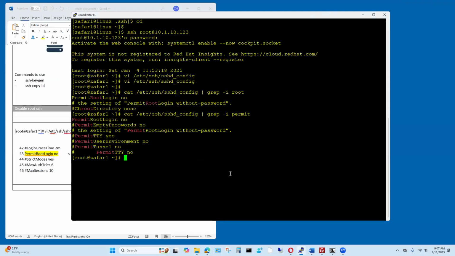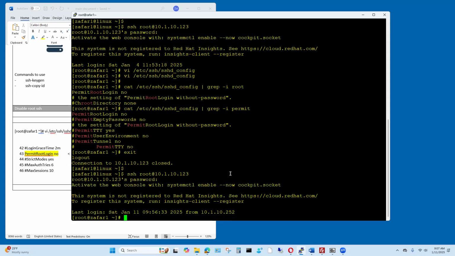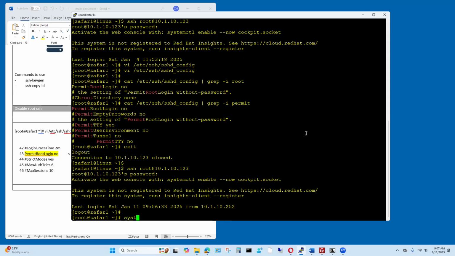Okay, now go ahead and when you type exit, you go back to your main server. Now try to log in as root. So what happened here? It did not allow that. Why? Because you have to restart the service. So go back into that server, and use systemctl, this is a new command you guys are using. Systemctl restart